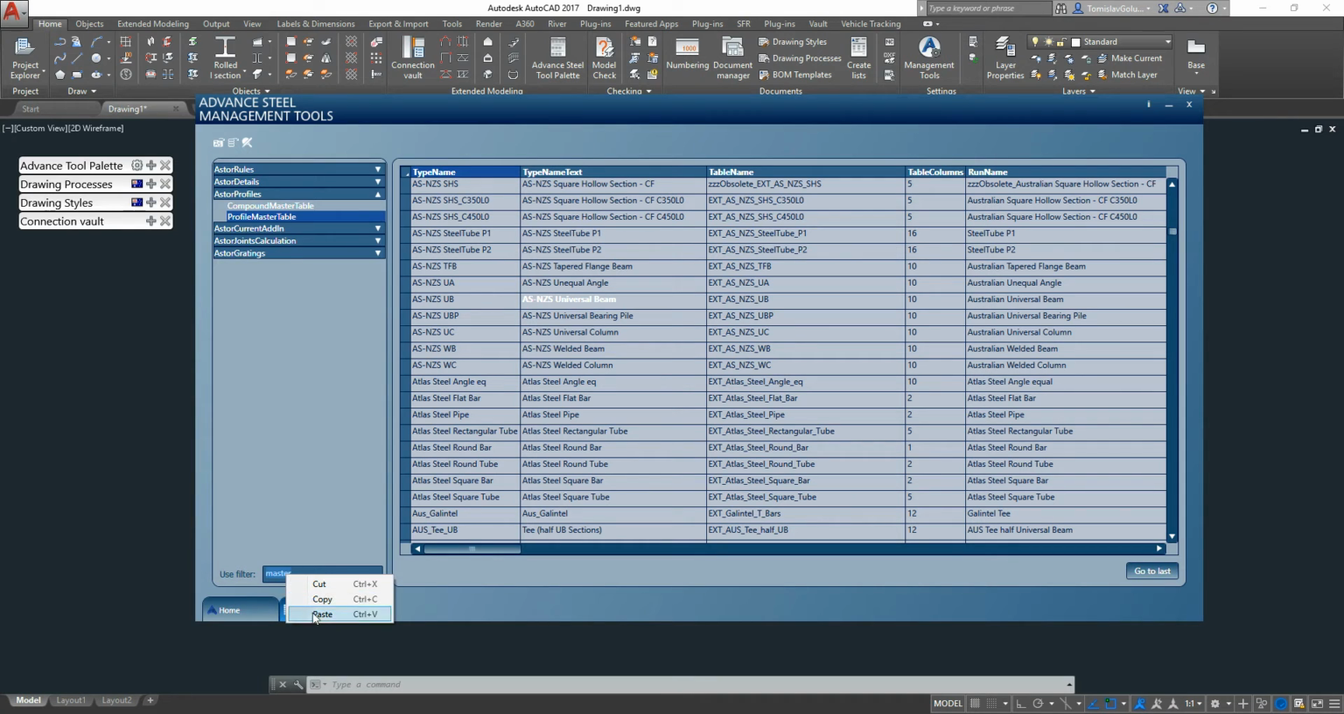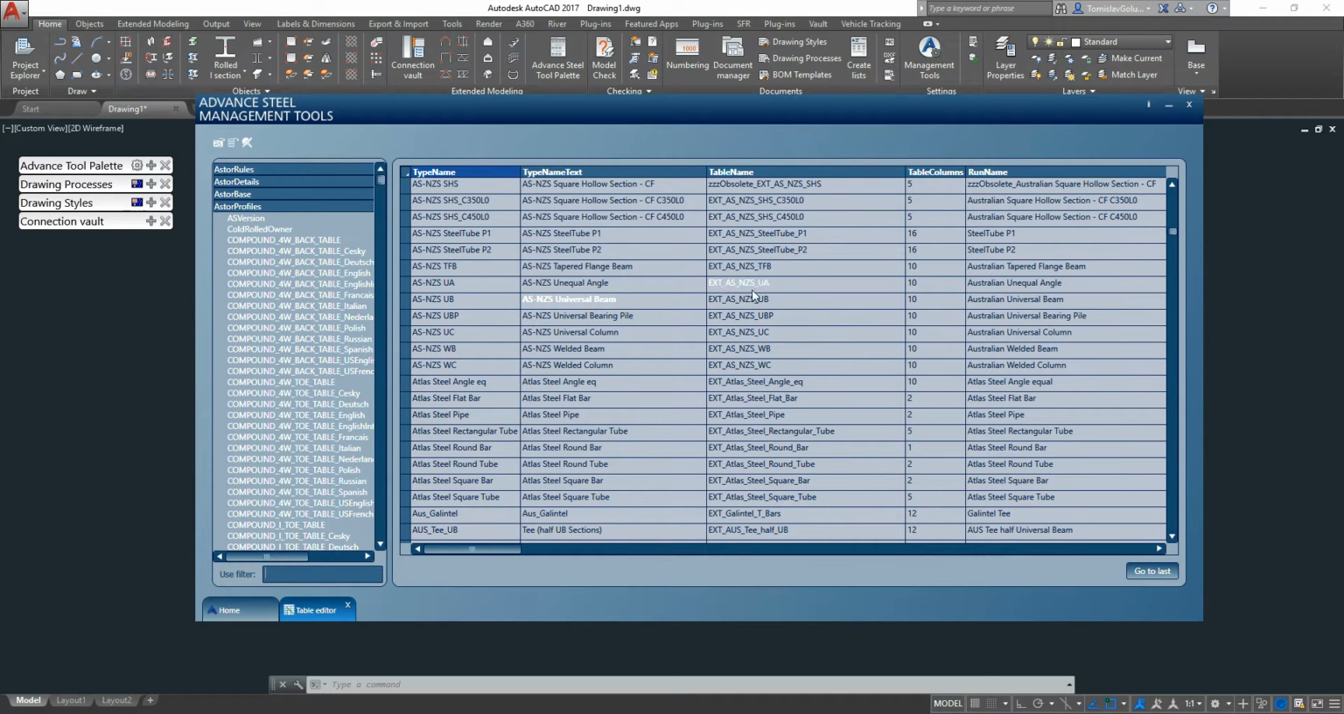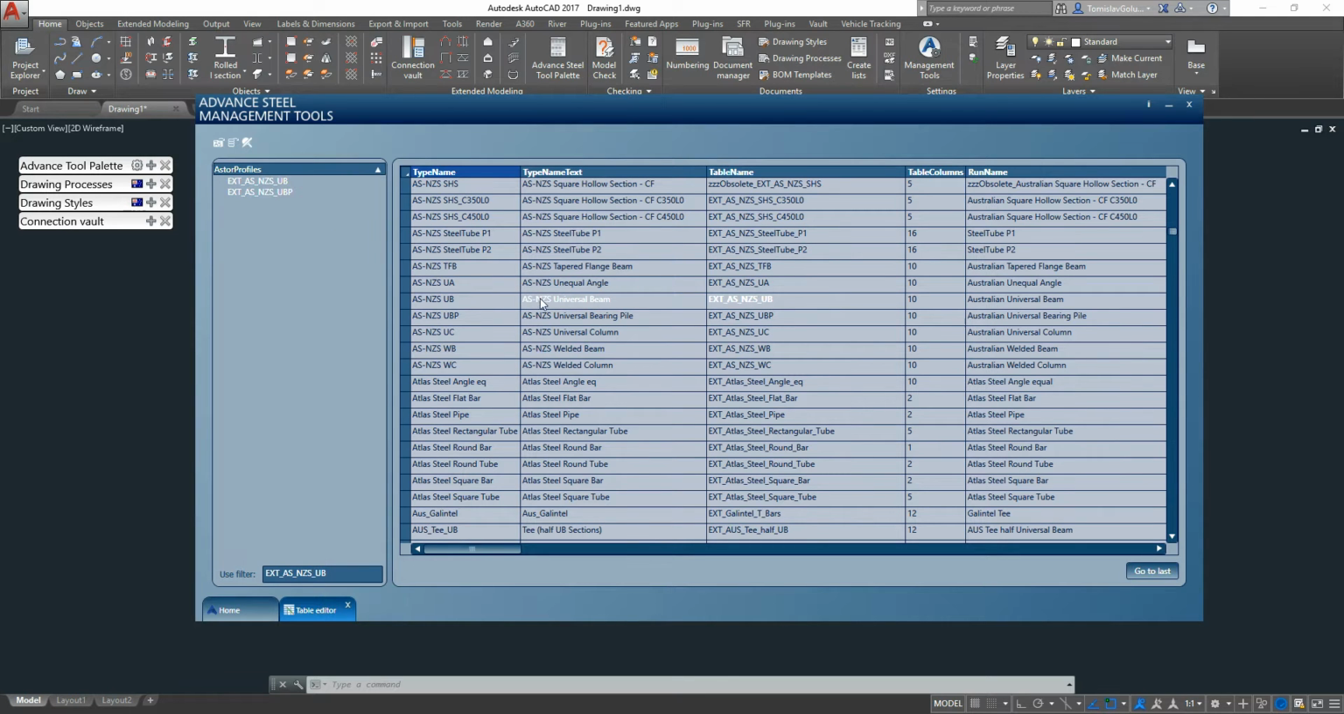Now I'm just going to minimize this and go back to my master tables, and I'm going to search for that value. This is the table name I want. So I want to look at the type name text of universal beams under the AS and ZS, and this is the table we want to jump into. Once we do find that table,